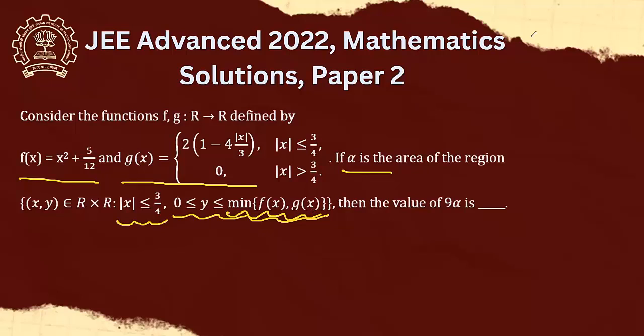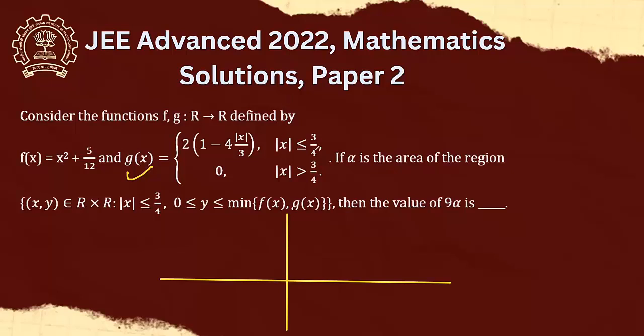So the best way here would be to make the graph of the function g(x) first. Now for mod of x less than 3 by 4, that is, in between minus 3 by 4 to 3 by 4, the g(x) function is going to be this. And here also, if x is positive, it is going to be something else. So if x is positive, the function g(x) is going to be